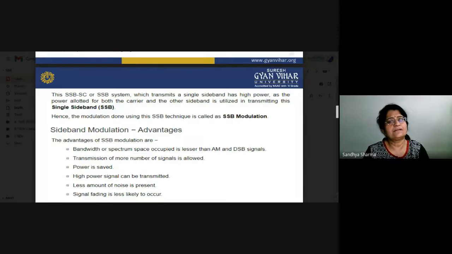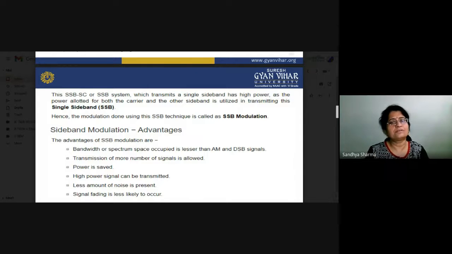Now we can again see what about the power. We are talking about the bandwidth, we require half the bandwidth. When we are talking about the power, what will happen there? If you want to transmit your double sideband with carrier, you have to transmit a large amount of power with your channel. But if you opt for the SSB-SC signal, you only require one sideband. So all the power which you would consume in the carrier and the other sideband can be utilized in transmitting the SSB signals. Means we can design a high power SSB transmitter system.